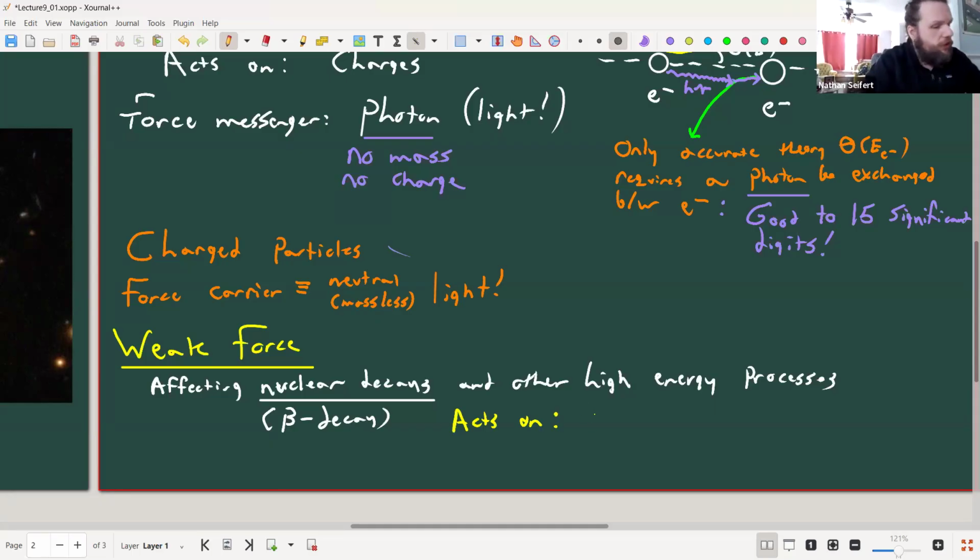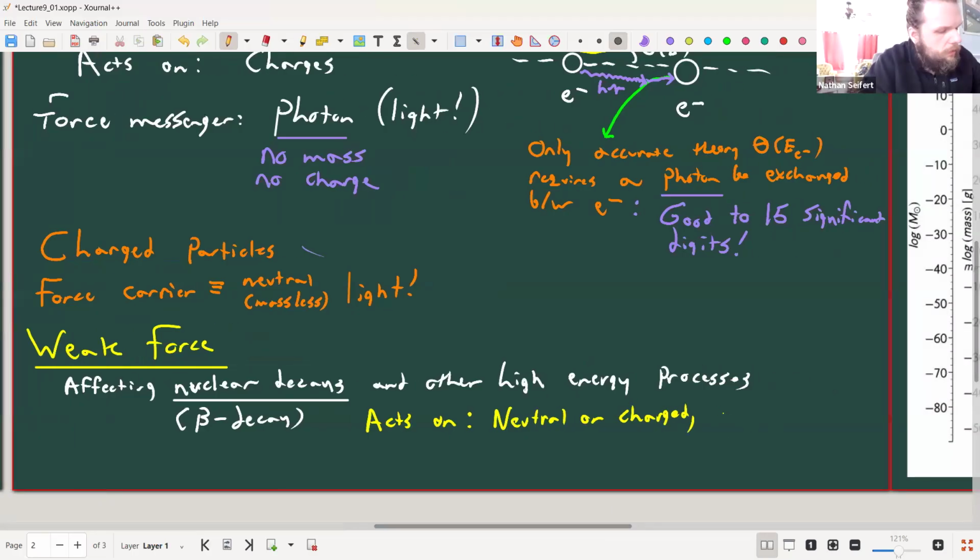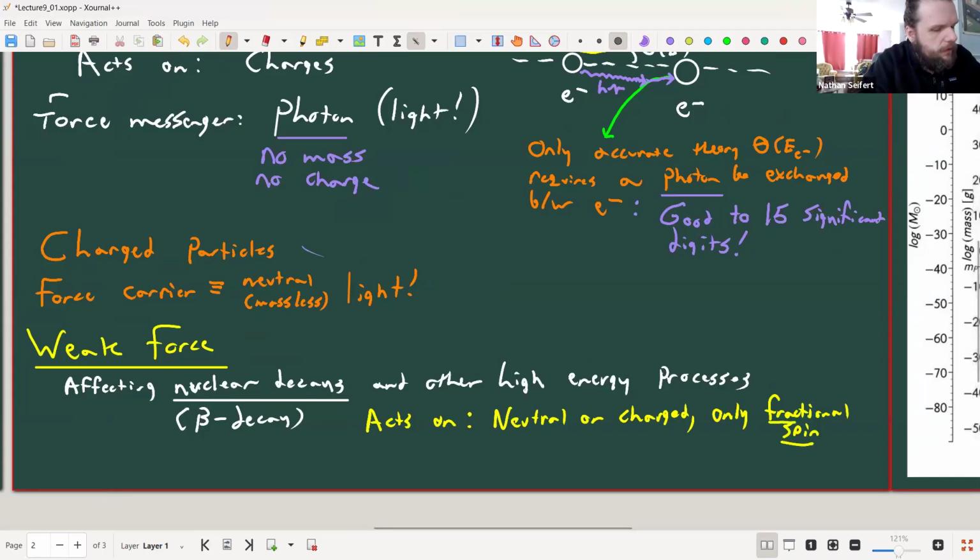It can be neutral or charged, but only particles with fractional spin. What do I mean by that? Well, that means like up-down deflecting atoms. So for example,